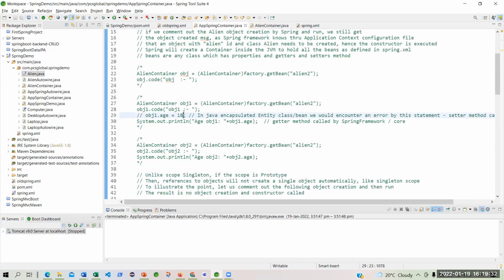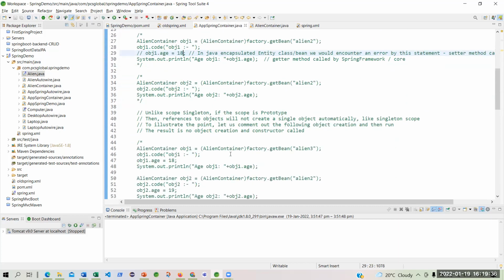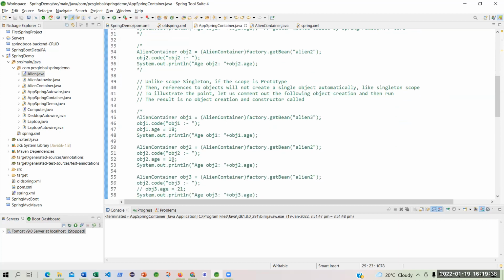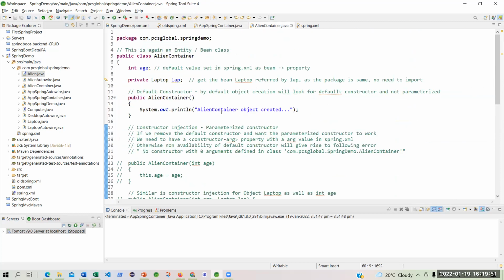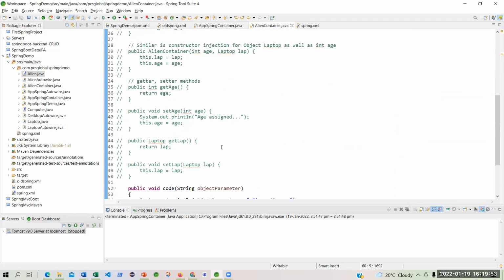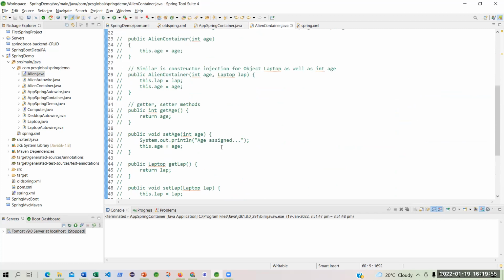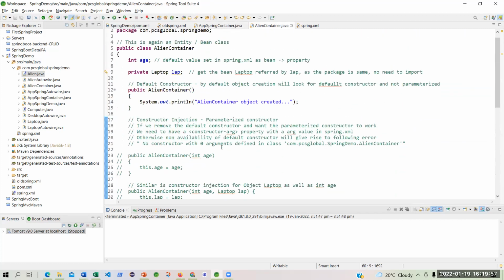I was putting a parameter value of 18, or here 18, here 19. But I'm hard coding it, right? I'm setting a value, and whenever I do this, I'm calling the getter and setter. But I will try to avoid it.